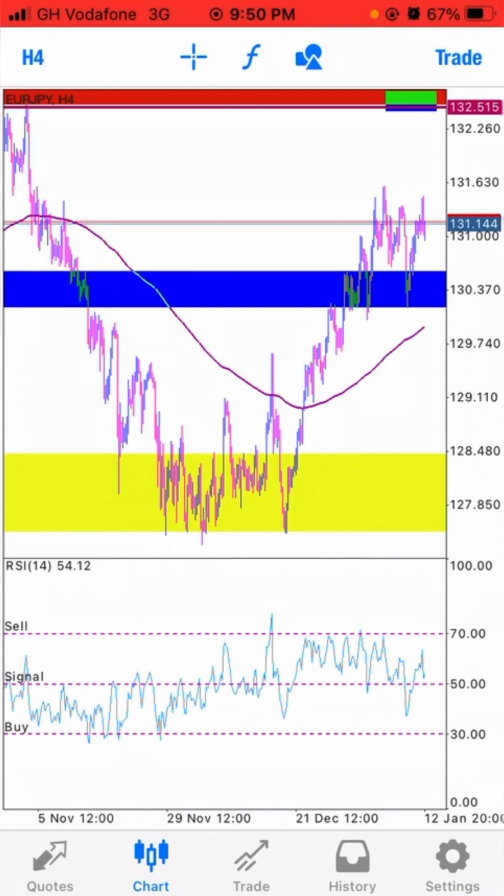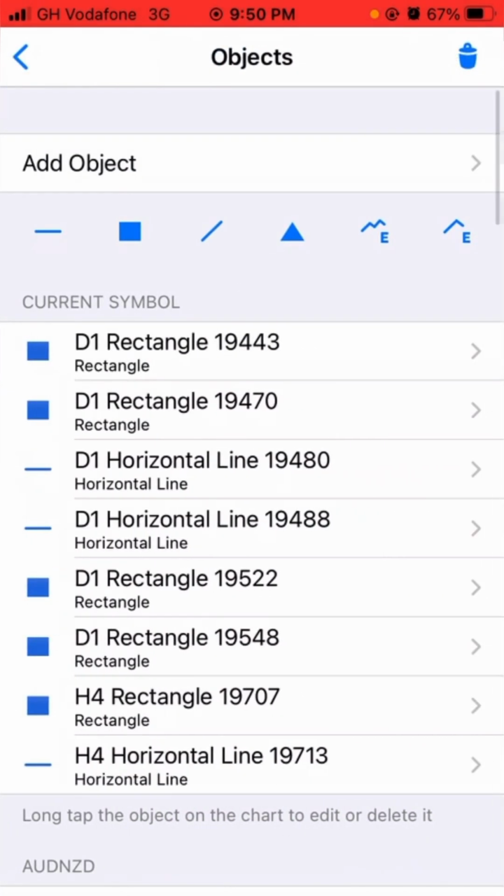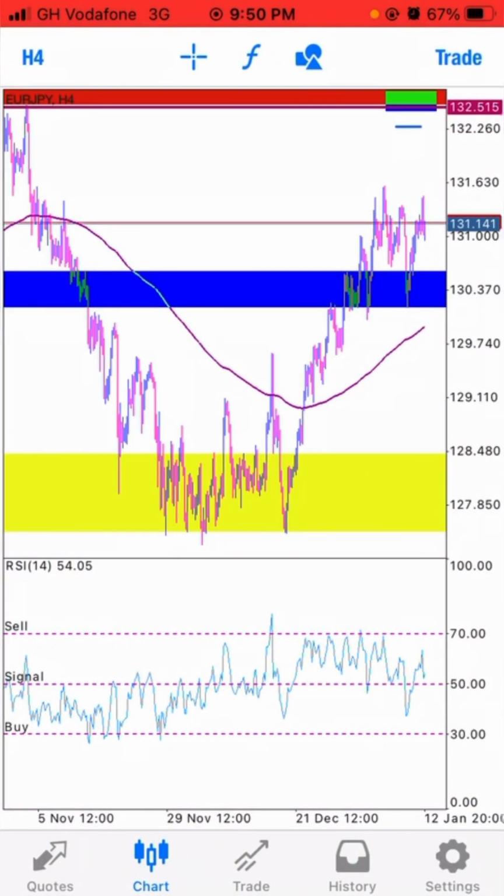Even though we are in a bullish trend, you have to know that the market can be overbought or oversold. So this one too, market broke this side. So this resistance has become a support. But to get a demand zone, you have to get where the market has not touched before. So if you check here, then you check here,